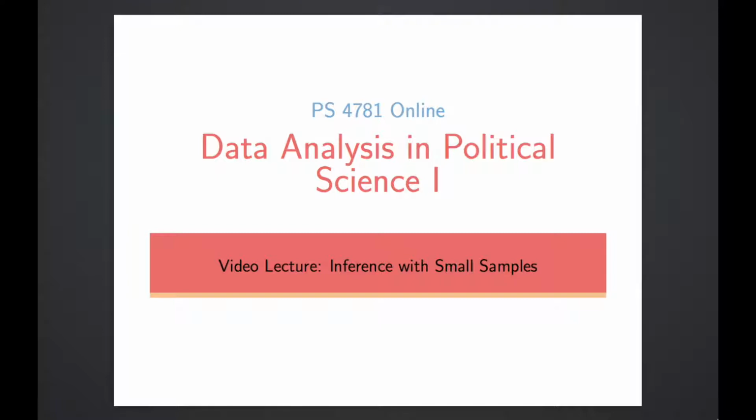Up to this point, we've been relying on the assumption that we have a sample size of greater than 30 when we do a hypothesis test, which is one of the conditions that allows us to use the normal approximation, to use z-scores in the z-table to find out if we have a statistically significant result. In this lecture, we're going to talk about what happens when we have small samples that we want to do